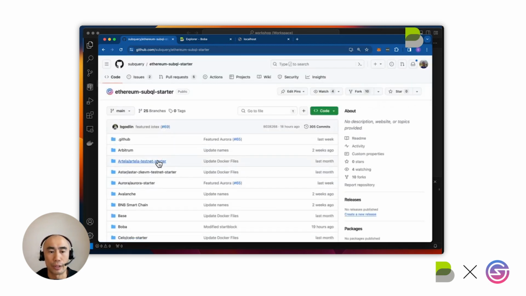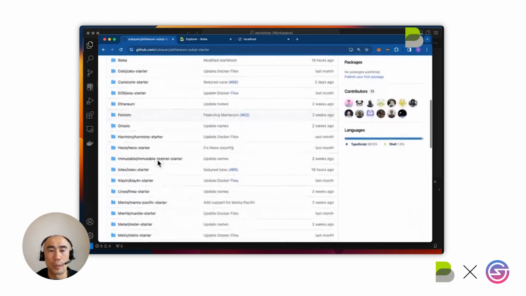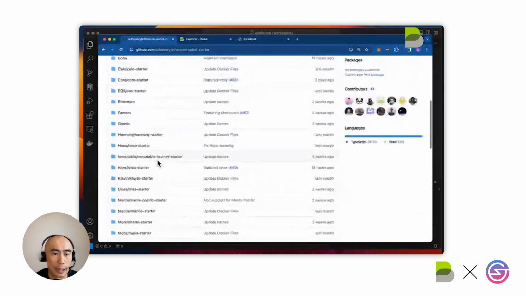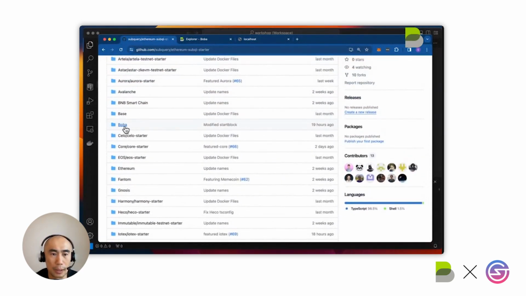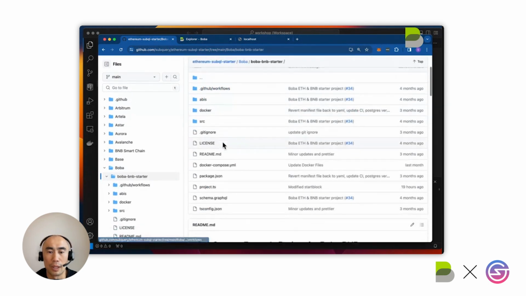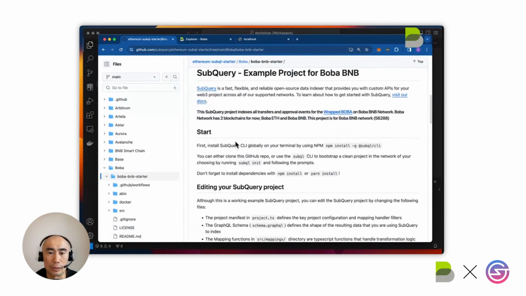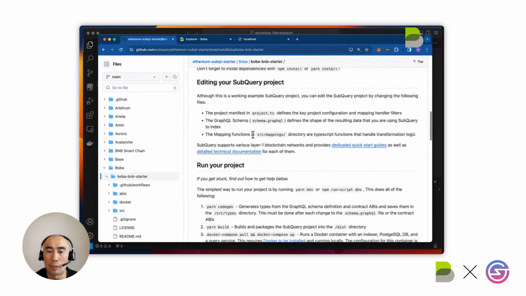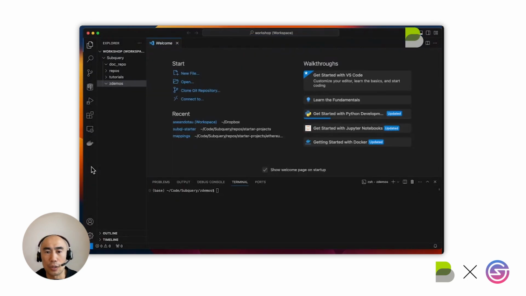And it's in this directory here where you can see a number of quick starts. And if I go to Boba, you'll see the 2 options, BNB starter and ETH starter as well. So if I click on this, you'll see that there are some simple instructions on how to get up and running. But let's go into VS Code here.